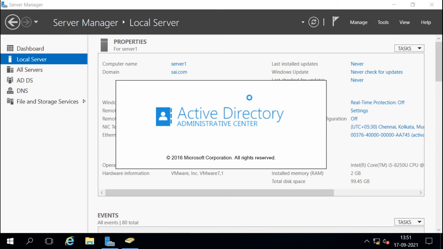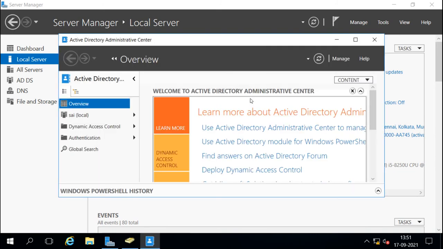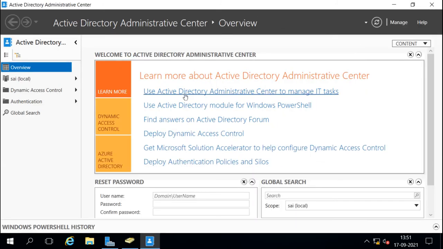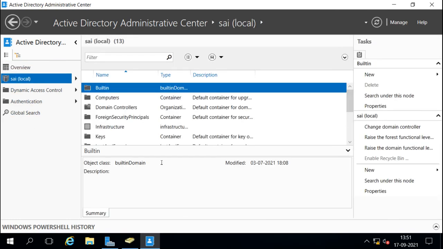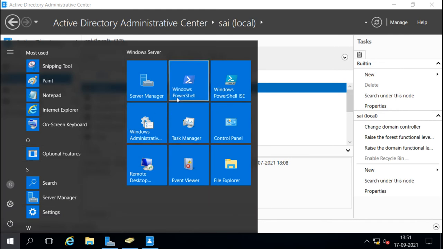We can enable it from here, Active Directory Administrative Center. We select this domain name, and here we have the option to enable the recycle bin. But it is not available because of the forest functional level. So when you check the forest functional level, we will say get